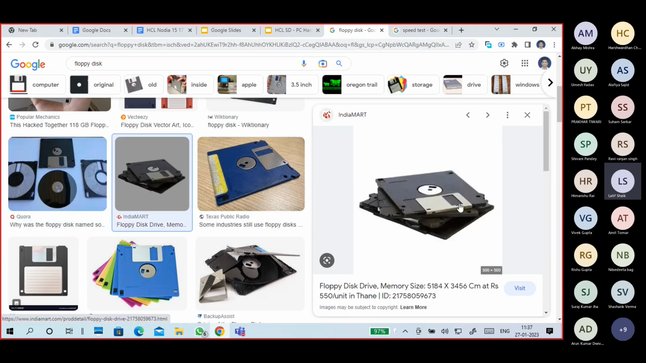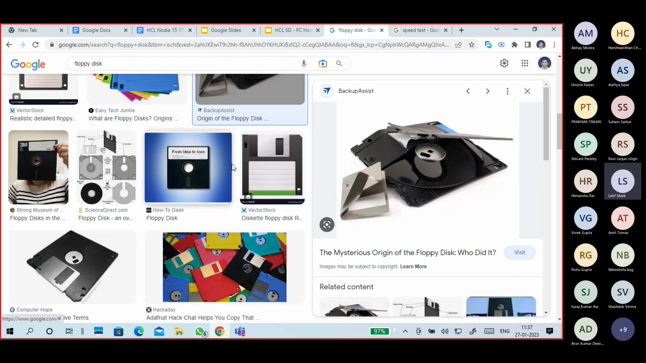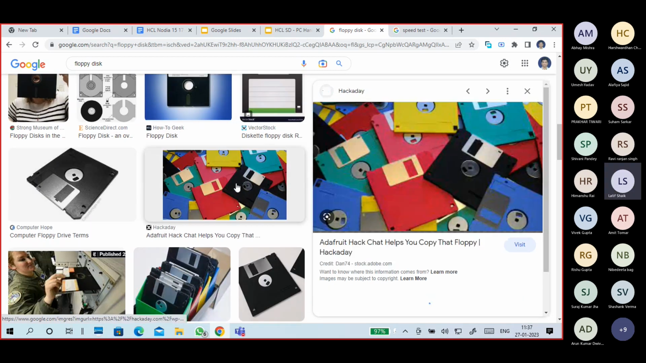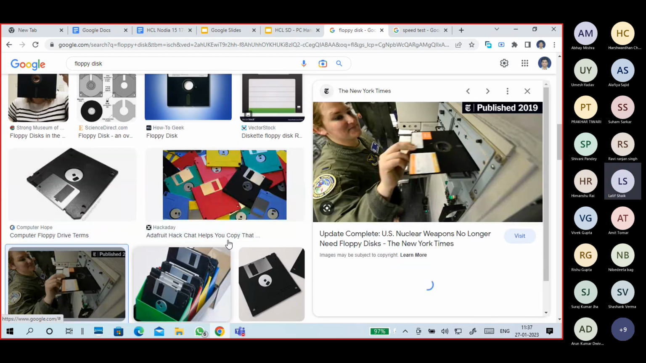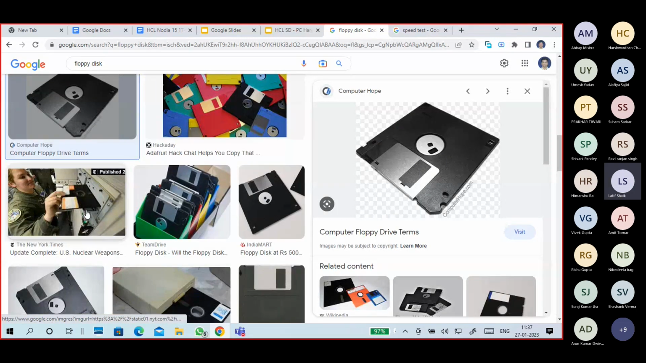So when you insert a floppy disk into the drive, it will move. The read and write device will try to read it. Okay. These are the floppy disks. So this is a bigger floppy and this is a small floppy. The small floppy is called a